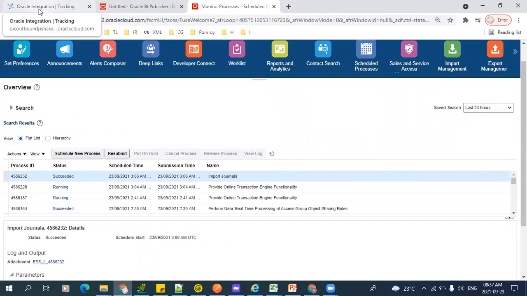I need to verify whether this ESS job status is succeeded or not. If it is succeeded, nothing but the data is successfully inserted into your base table. If it is not succeeded, I need to send an email notification to the user, and